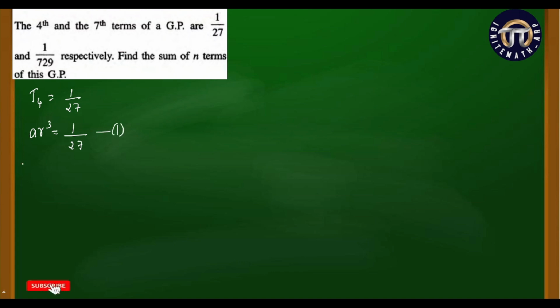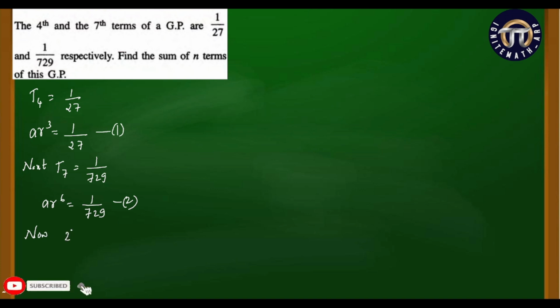So later, what is given to you? It is given to you that the seventh term is 1 by 729. So T7 is equal to 1 by 729. T7 means ar to the power of 6. It is 1 by 729. I just call this equation 2. So now what do I do? I will divide equation 2 by equation 1. If I do that, then I would get ar to the power of